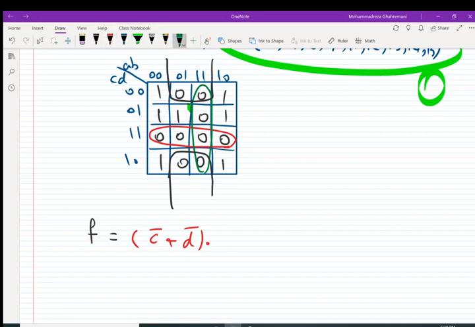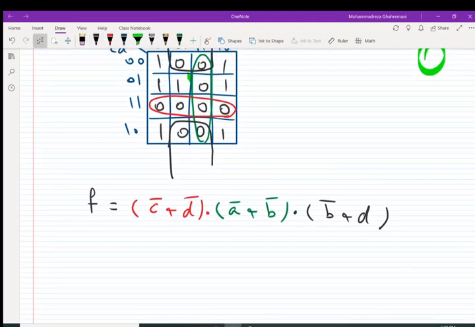The green one, C and D changing. It's A bar plus B bar. The black one, A is changing, B is constant, so it's B bar. C is changing, D is constant, plus D. And so this one is the minimum product of